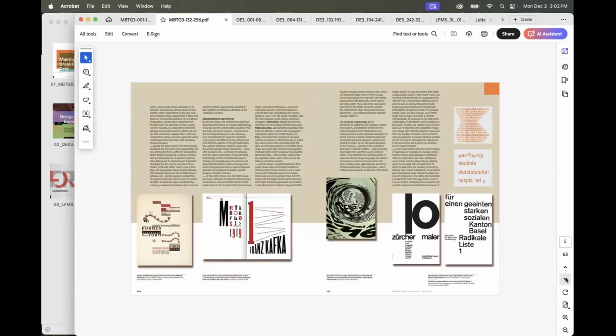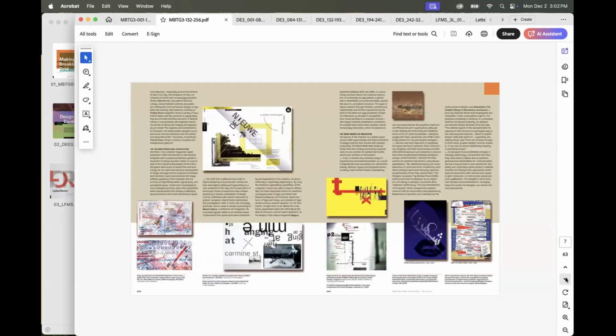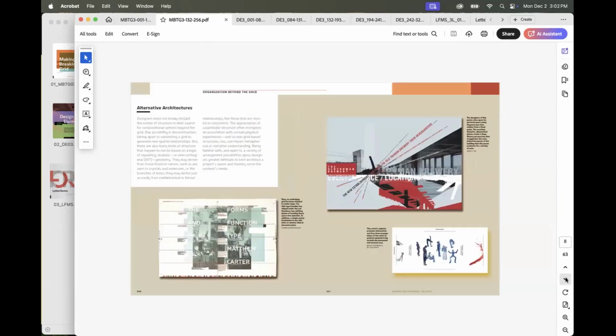And then, a much greater focus in the 20th century, Swiss international style, and so on, then postmodernism after that. And then this chapter is again also broken into three major parts: alternative architectures, different kinds of geometry,